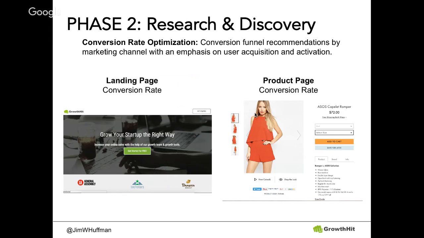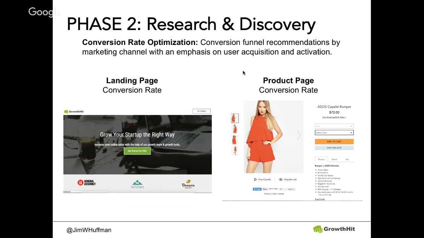And then to the right, this is an example of the ASOS product detail page, and they really do an awesome job of designing a page that converts. You can tell from the big image right there where you can easily see the product. They have the quick view that allows you to see it from 4 different perspectives. And if you click the bottom button, the view catwalk, they actually have a video so you can see the product in motion. And then on the right side, they have the price, they have the words free shipping.